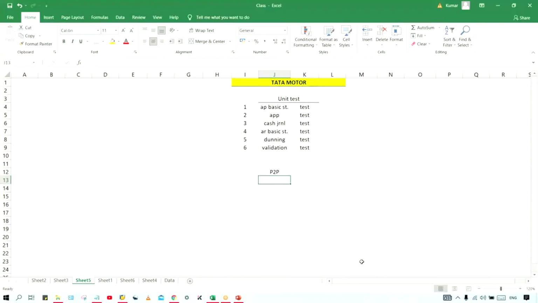Okay, P2P. P2P stands for procure to pay. Now there is an answer from Fahad. Okay, yeah, that's correct. So P2P stands for procure to pay. So what is procure to pay, guys? Of course, a procurement process.